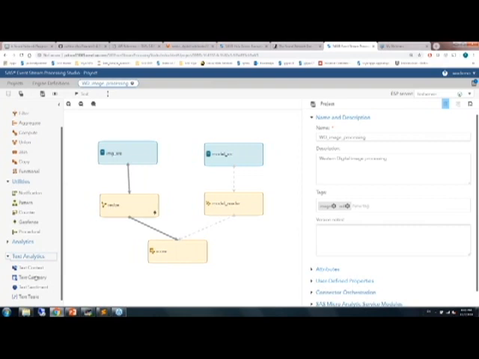What I'm showing you is an example of how to do real-time image classification using the engine. We have a couple of windows here to do the processing. The first window is our source window, where we take in our images, and then we resize the images to fit into the convolutional neural network model that we have to do the image classification.